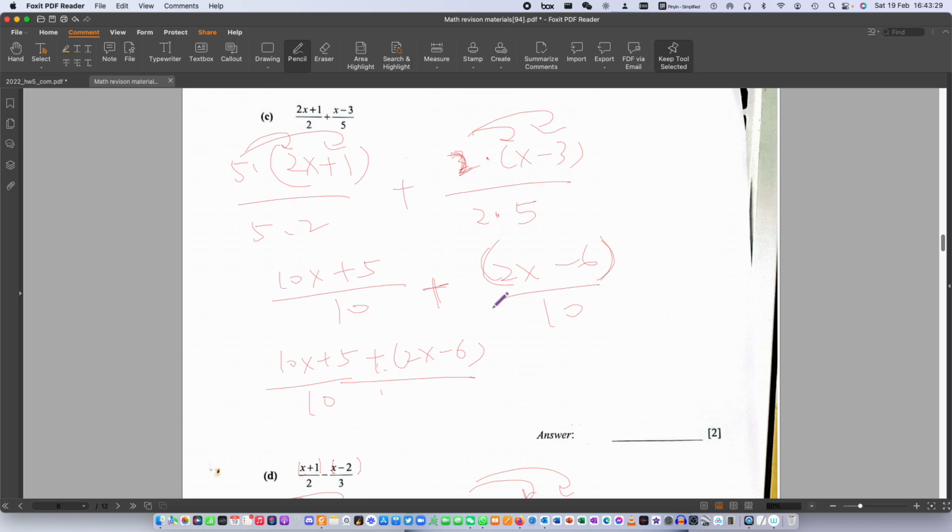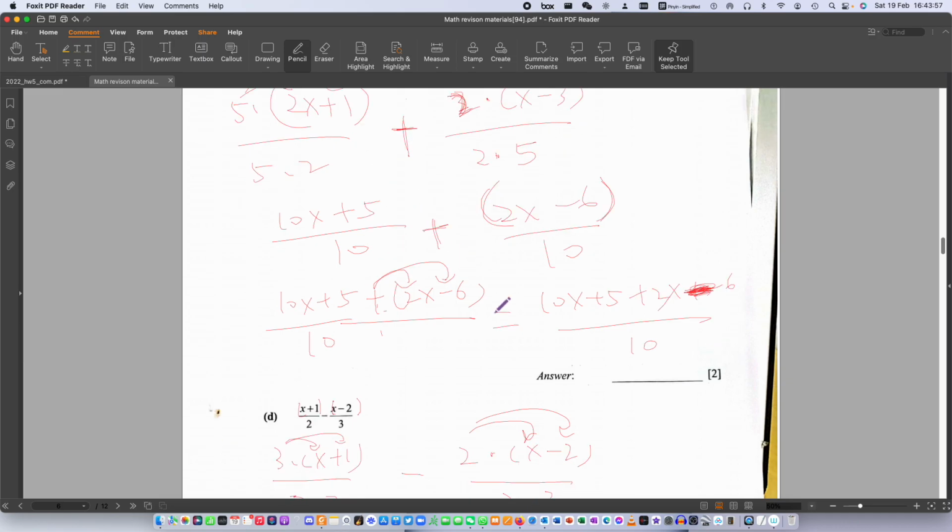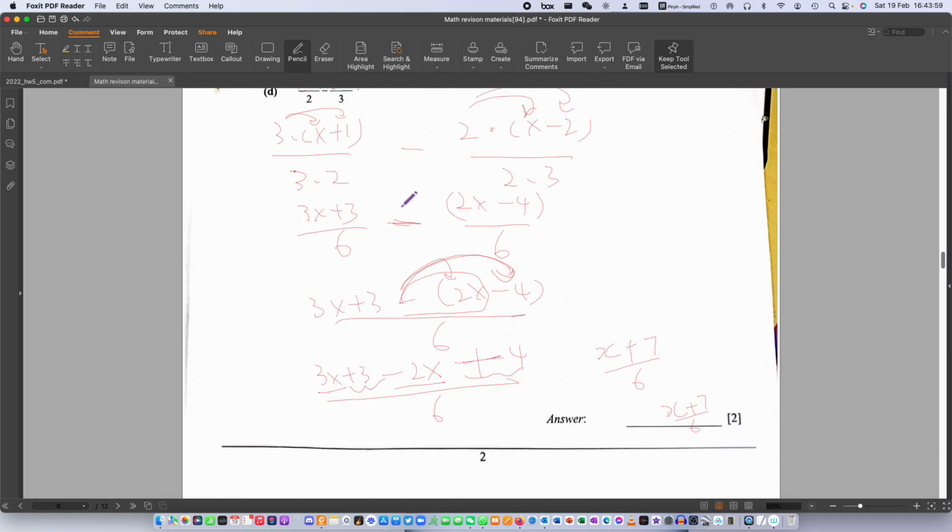So once I put a bracket, what's the first term I will get? Plus 2x. What about the second one? Plus minus 6. Correct. So plus minus becomes? Negative. Very good. So can I suggest you, regardless, put a bracket? Regardless of whether here is plus or minus, put a bracket